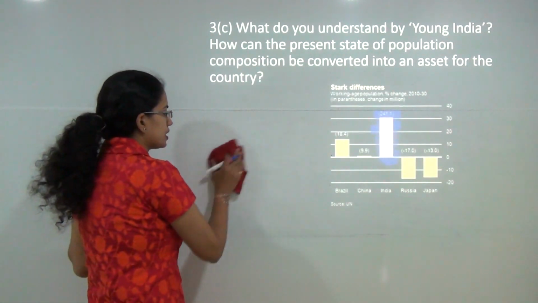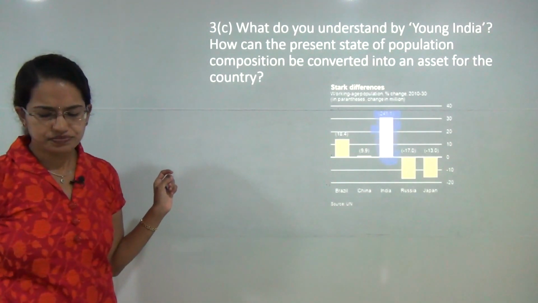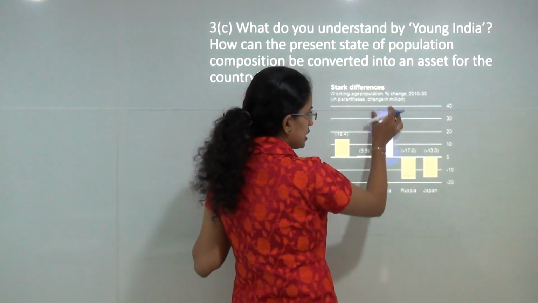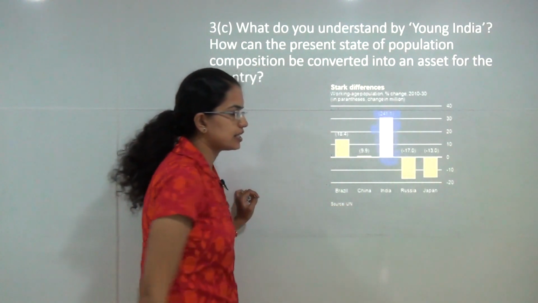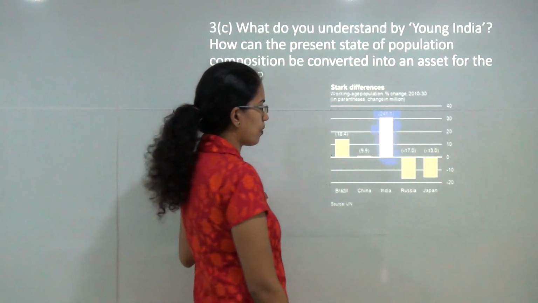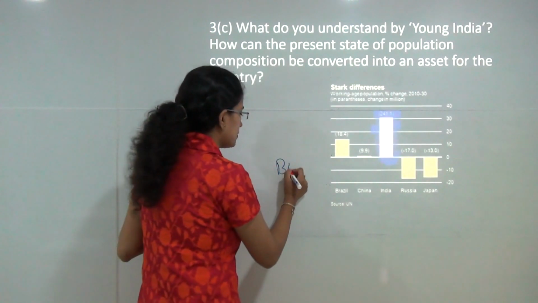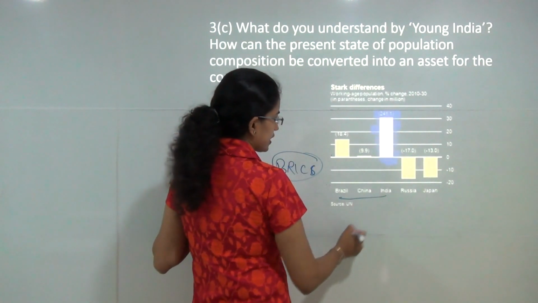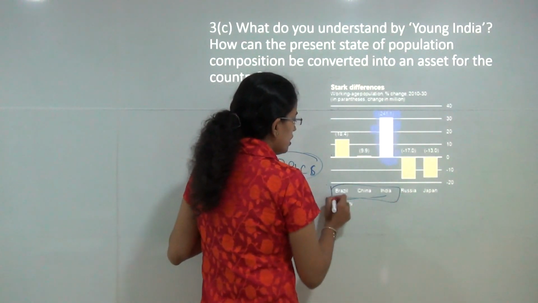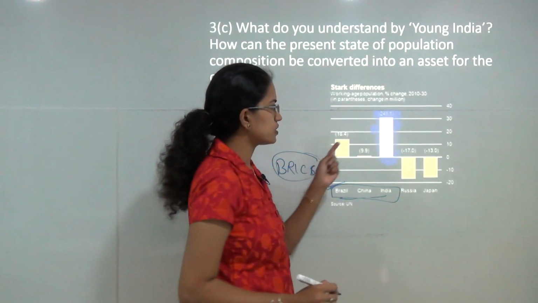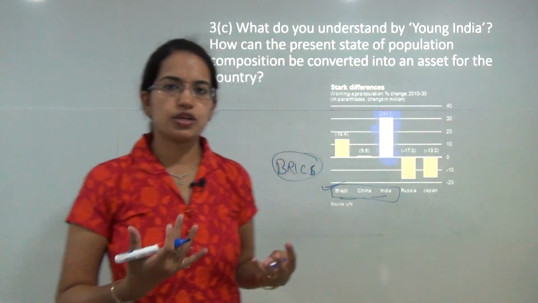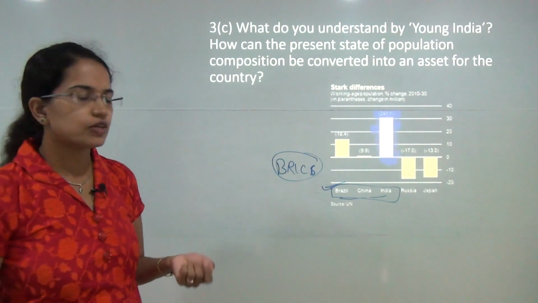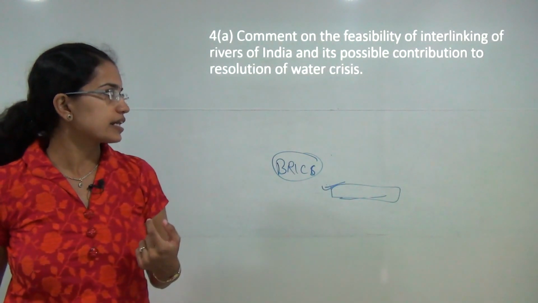The next is, what do we understand by young India? When we talk about young India, it's mainly the working population. If we look at the UN statistics, you would see India has an exceptionally young population. If we look at Russia and Japan, they have a negative youth population. You have the group of BRICS nations, where Brazil, China and India are some of the major leaders. These countries are producing a huge number of youths, and they could be used as an asset and an active workforce in most industries and the agricultural sector.